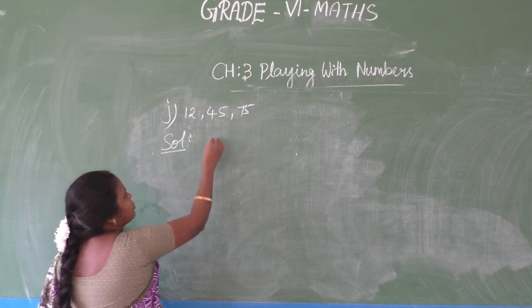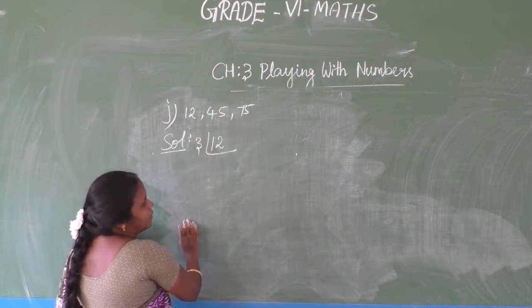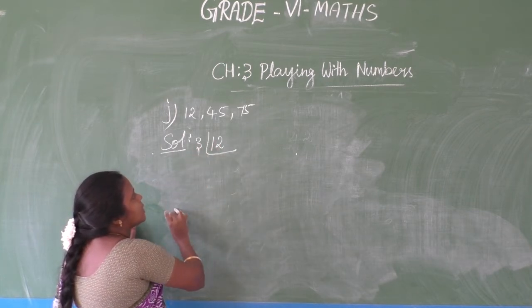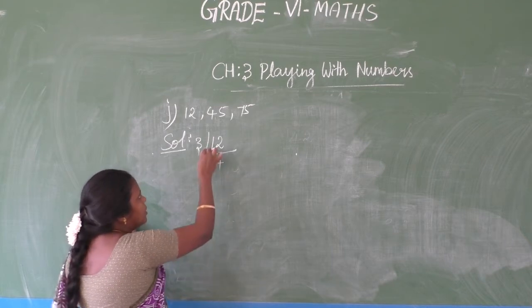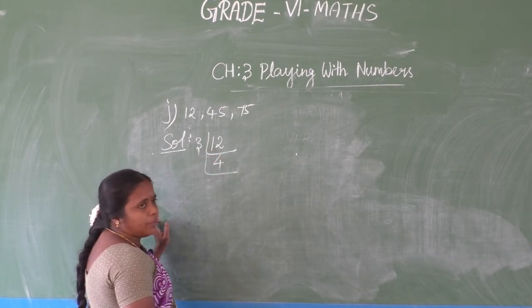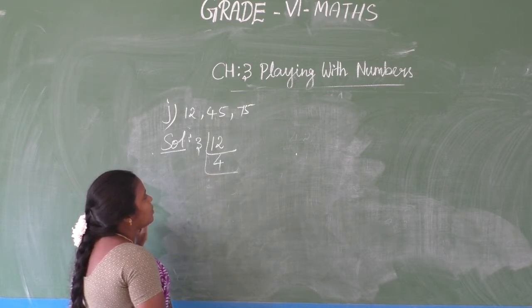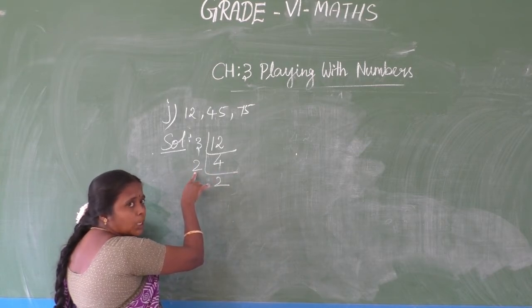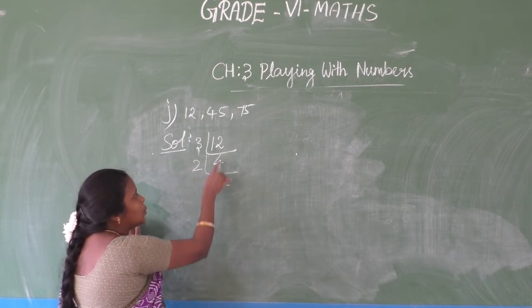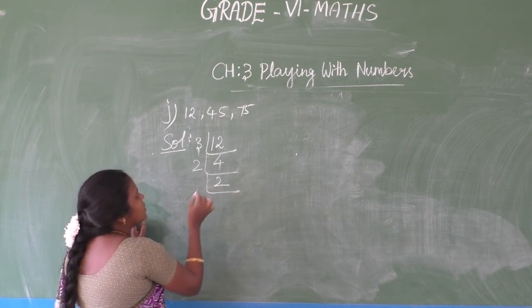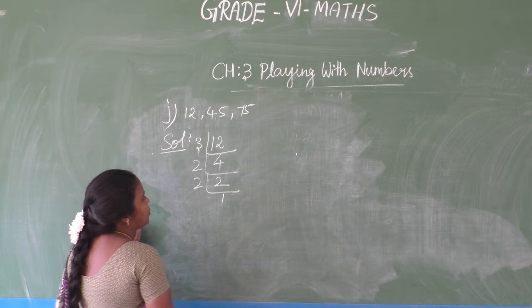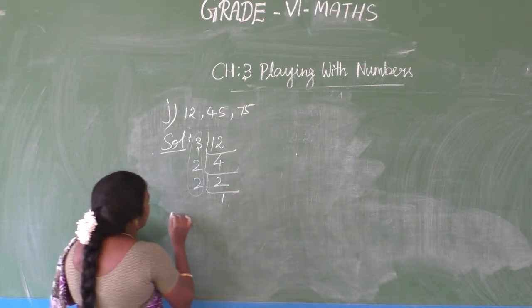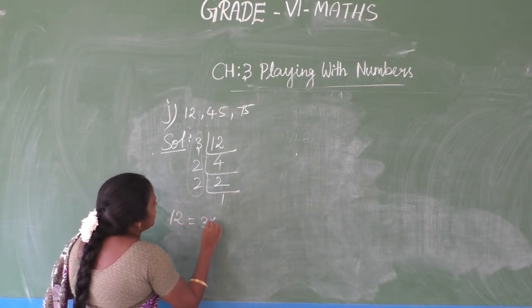First find the prime factors of 12, by 3. 3 is a prime number, no? I am dividing 12 by 3 now. In 12, how many 3s are there? 4 3s are 12. Likewise, 4 is also composite, so we should divide. By 4, in 4, the prime number means 2 only. 2 2s are 4. I am dividing this 4 by 2. That time my quotient is 2. 2 2s are 4. Again this 2 we divide by 2 only. 1 2 is 2. That's all. So these are the prime factors of 12. Come to here, take and write 12 equals 3 into 2 into 2.